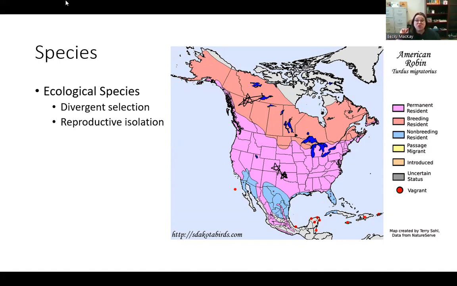So even though they could reproduce, do they actually? No. So by the ecological species definition, they wouldn't be considered the same species, because even though they could, they don't. And this happens a lot of times. There are organisms that when we bring them together, like in a zoo, we find out they can breed. But in real life, in the world, they live on totally different continents. So they would never actually come into contact with each other. And so they have what we call reproductive isolation.